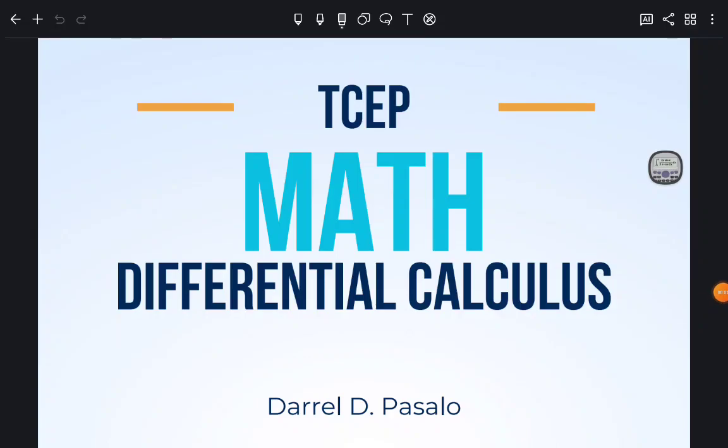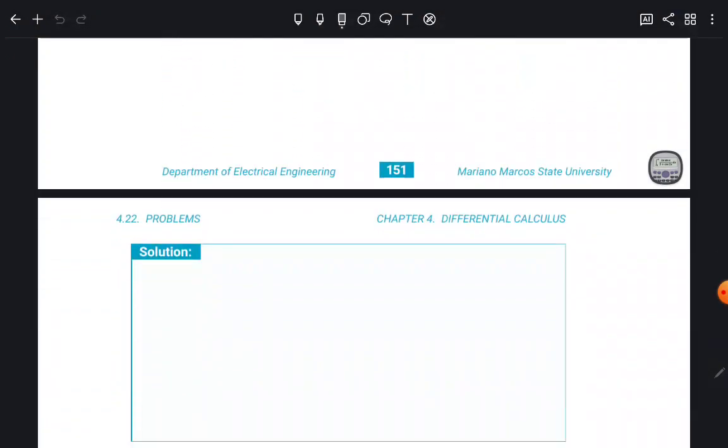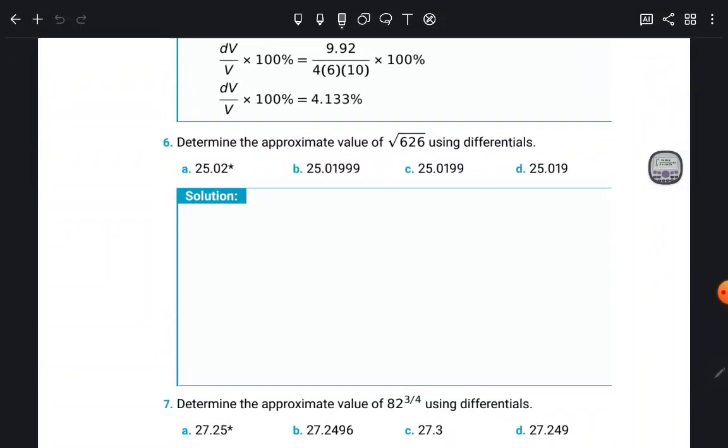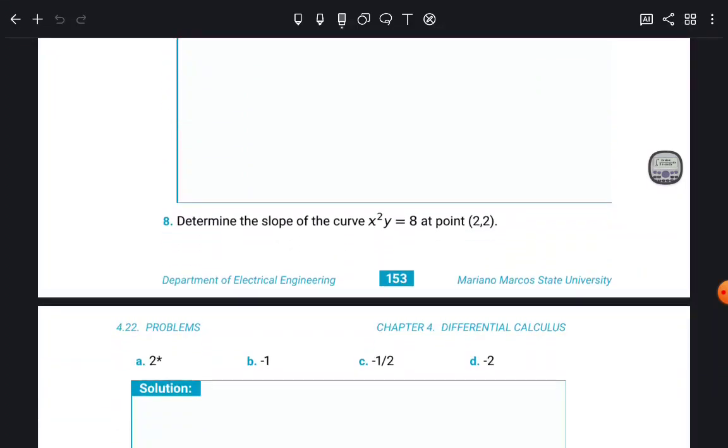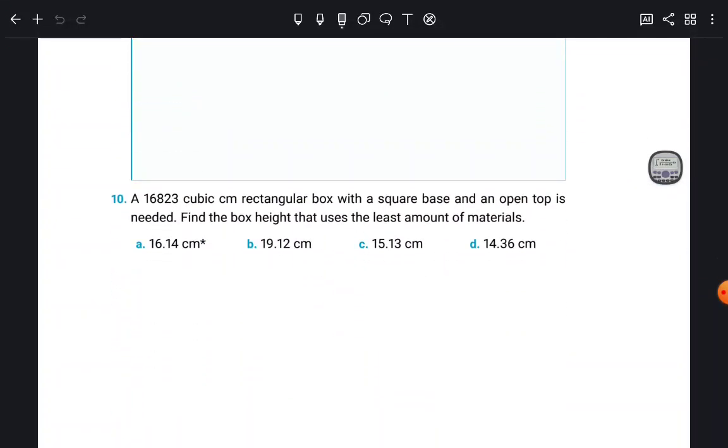I promise this is now our example, more examples under our review in differential calculus. So we can start solving, maybe we're done with this one, so we can start with number 10. So number 10, this problem,